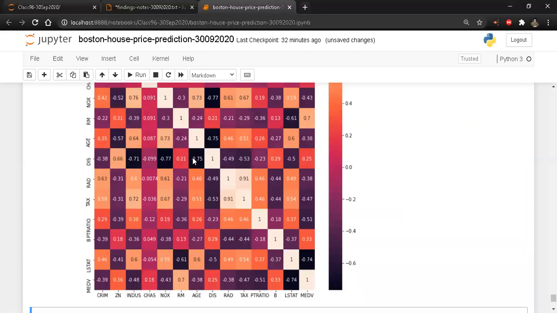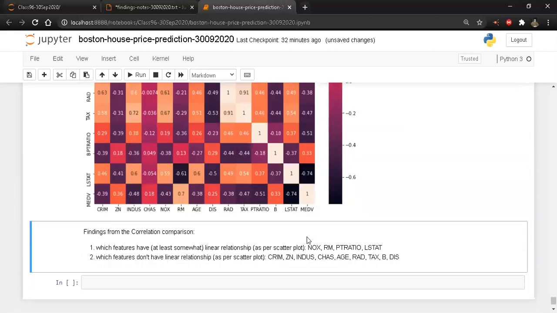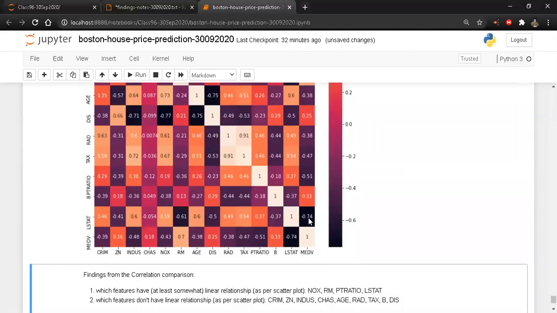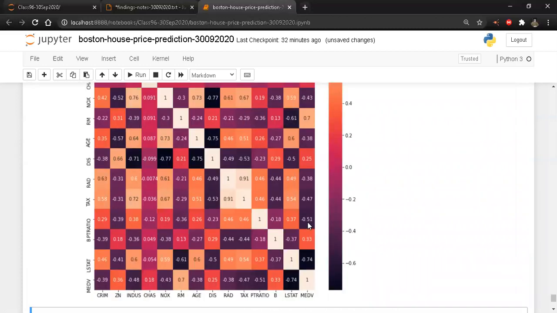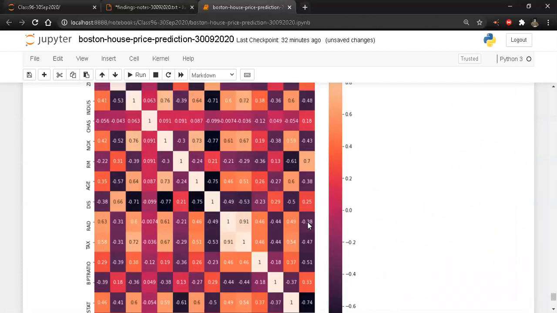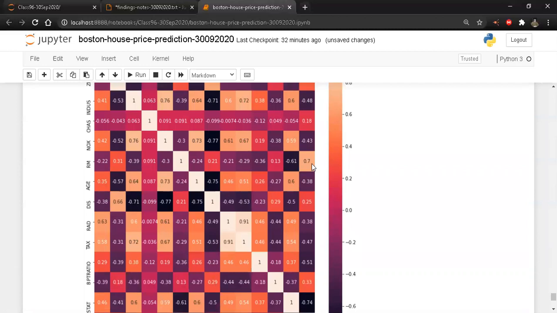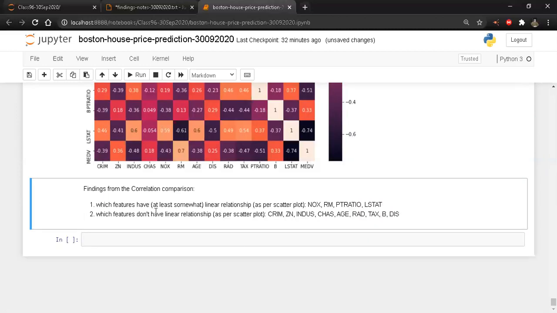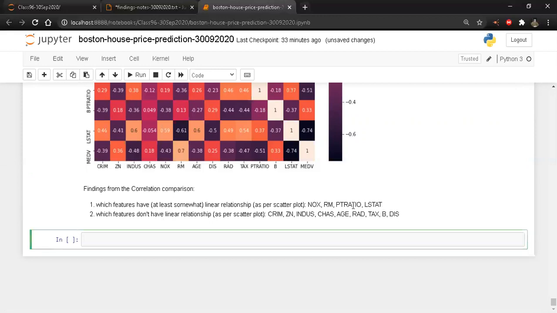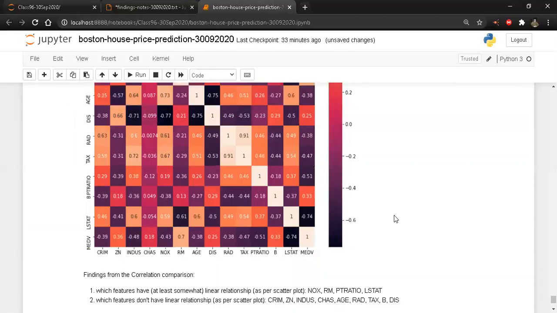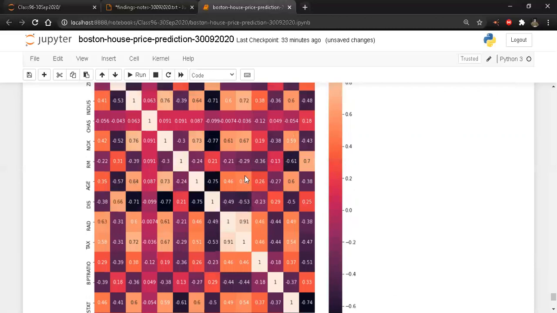So I have this variable I have to concentrate on, right? Minus 0.74 LSTAT. Then I have this variable also, PT ratio, right? Positive correlation is not really there other than RM. So RM has a very good positive correlation. So I just proved that this finding was really correct. I just misjudged one, which was DIS. DIS was not a good choice. I don't know why I took that over there. So that was my mistake.